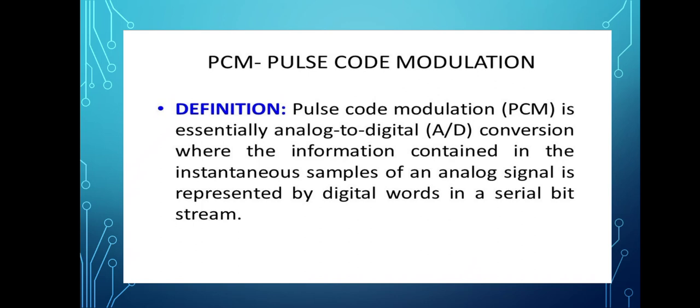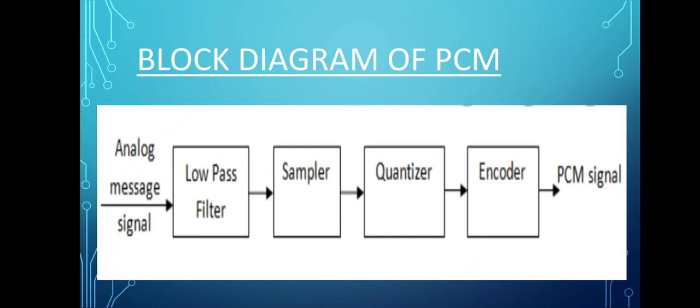First, I am going to say about PCM transmitter. This is the block diagram of PCM transmitter. Here, the input analog signal is given to low pass filter, succeeding sampler, quantizer, encoder, and finally we get the PCM signal in digital form. The low pass filter has a cutoff frequency. It does not allow frequencies higher than the cutoff frequency. The sampler converts analog signal into discrete form. The quantizer converts discrete signal into digital data. The encoder finally converts digital data into digital signal. We get the PCM signal in digital form.